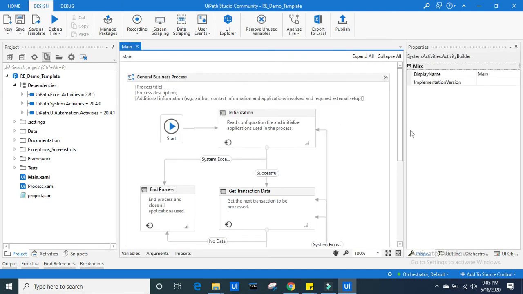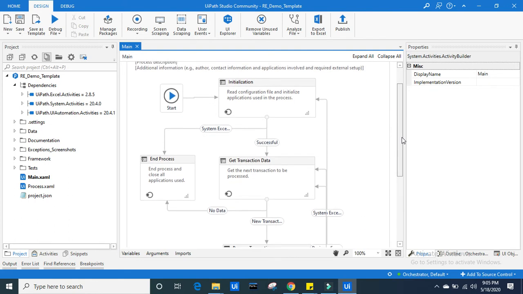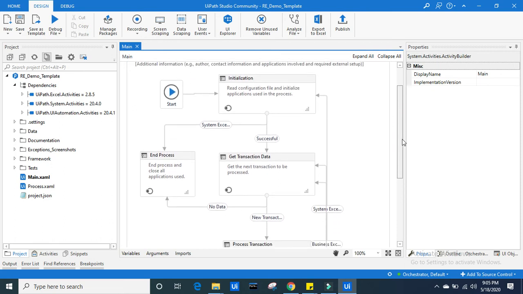This is the basic template provided by UiPath. This is what the RE framework template looks like. Don't go into much detail at this point of time. Anyhow, you are going to do a lot of workflows, examples and assignments of this, so you will definitely conquer it and be a master in the RE framework.